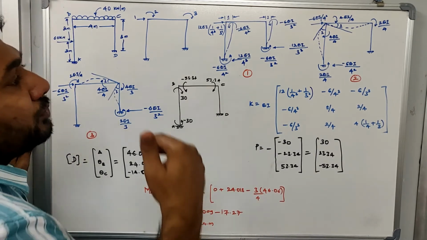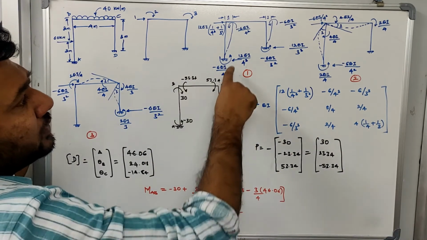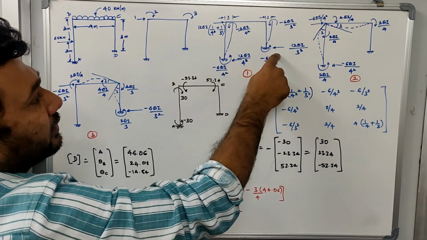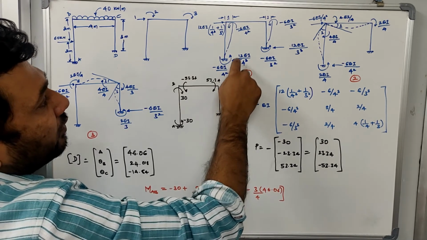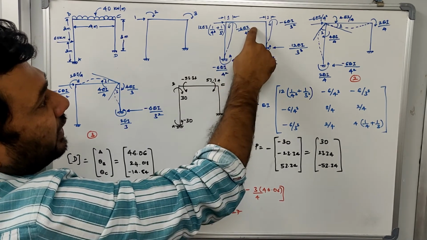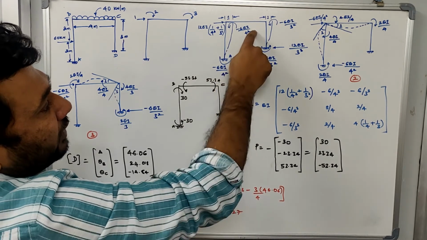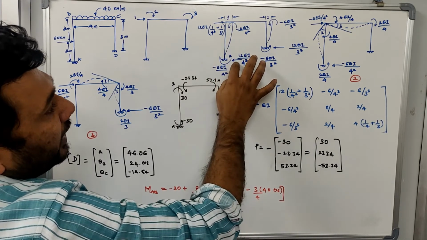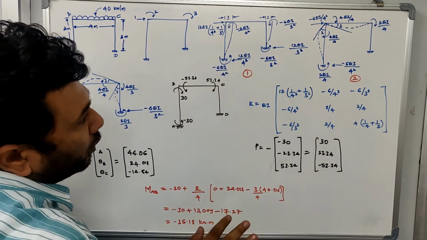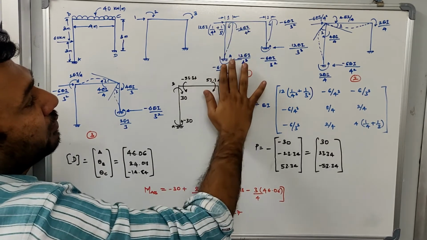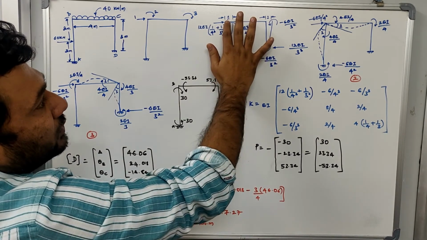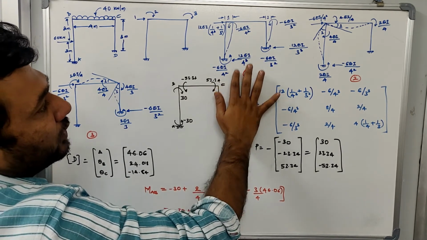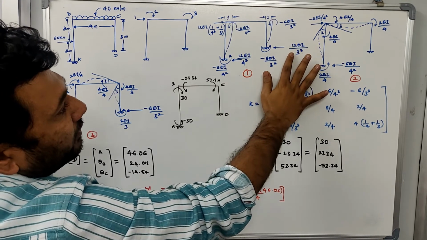Previously I told you to find out the horizontal reaction that will be generated at ends A and D. The reaction generated here will be equal to the sum of the end moments, minus 6 EI divided by 4 square minus 6 EI divided by 4 square, divided by L. So if you find the reaction here, it will be 12 EI divided by 4 cube. You need to take the sum of all the moments at this joint equal to 0, and then you can define the reaction over here. It will be 12 EI divided by 4 cube. Similarly, the reaction over here will be 12 EI divided by 3 cube.